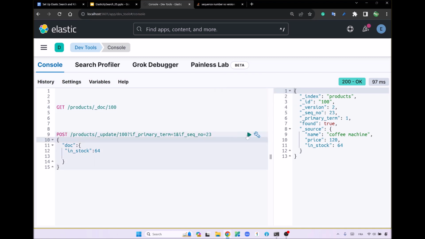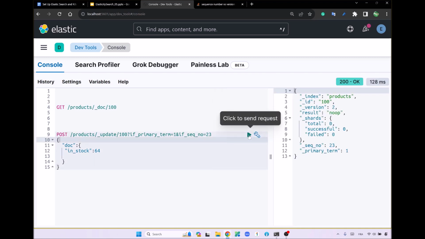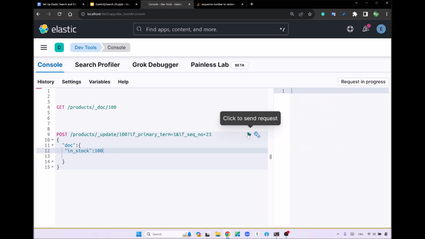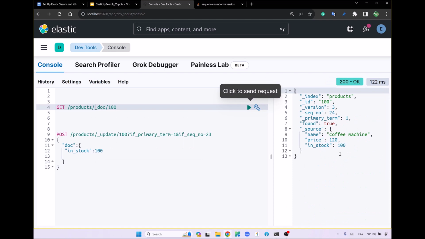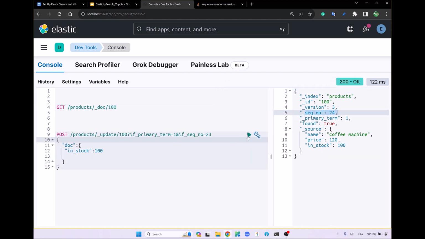There is no update here because that's why we are not executing. There are no changes, but if you try to change the quantity again and execute the first one, it's going to work, but the second one is not going to work. Why? Because now the version sequential number has changed. Elasticsearch is pretty clever because